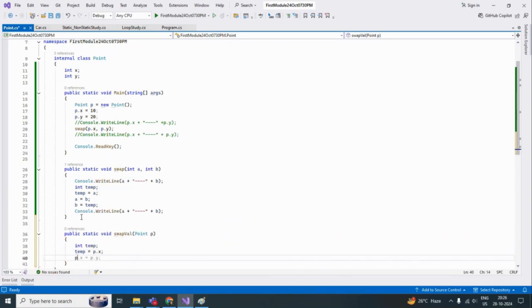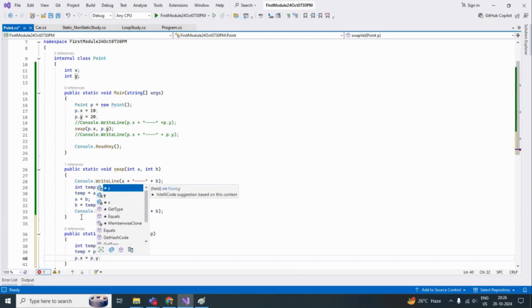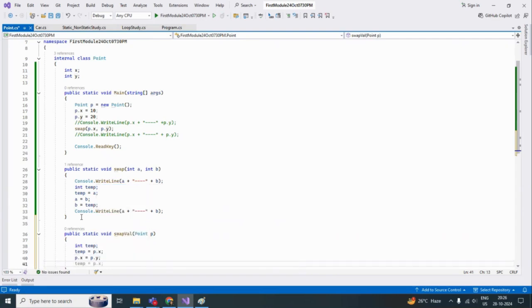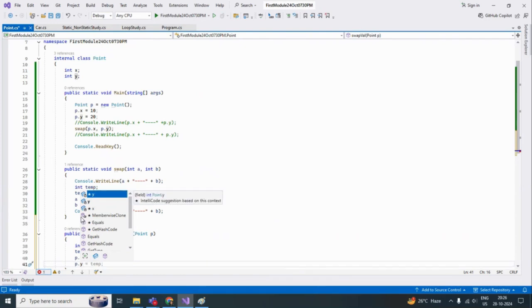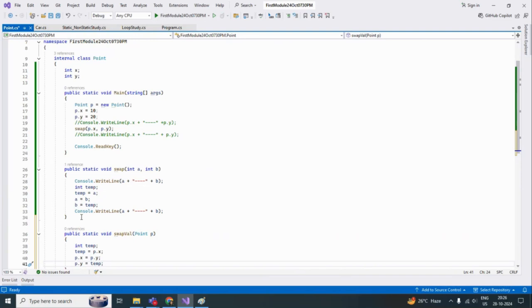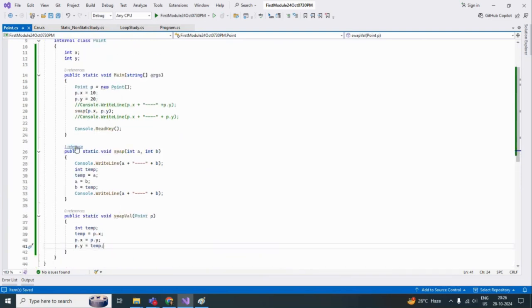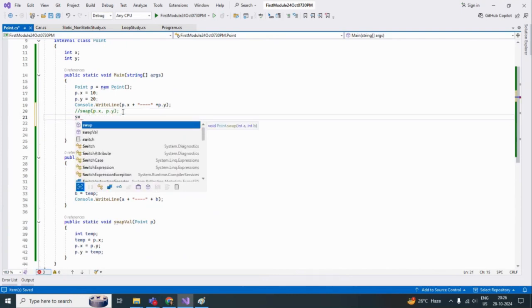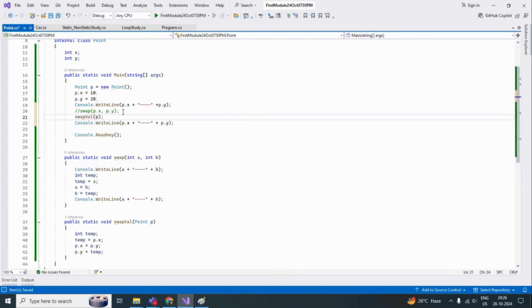So p.x equal to p.y, then p.y equal to temp. Now I will uncomment this one and comment this one, and I will say SwapValue, passing the reference p. Now if I run this,